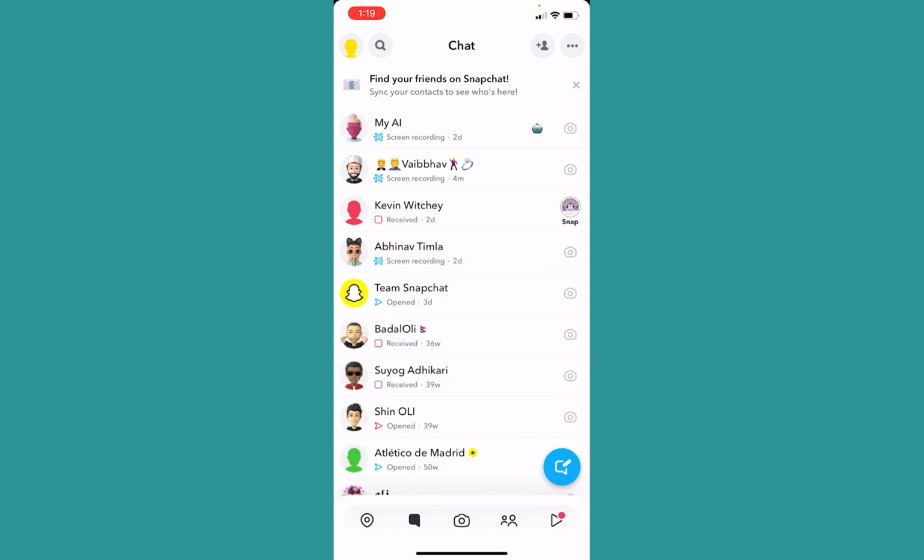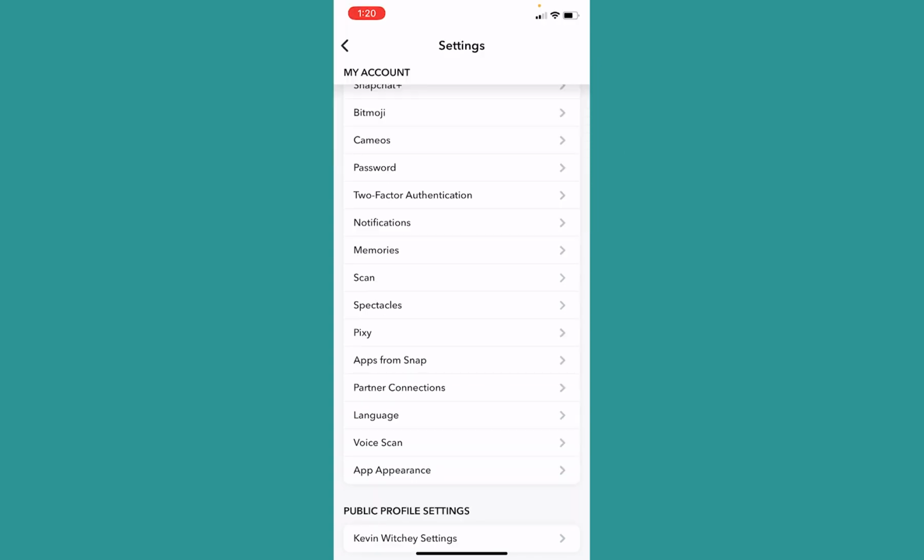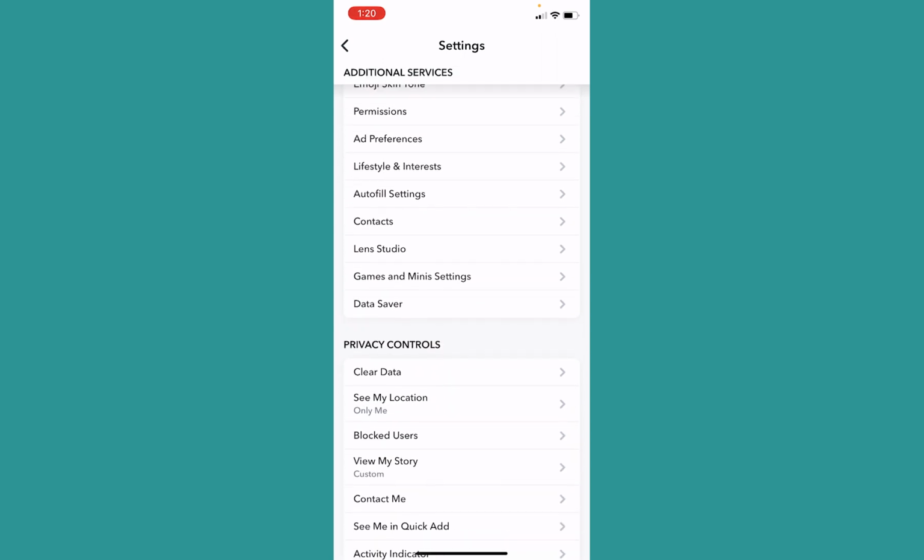First step, after opening Snapchat, you want to click on your profile picture at the top left corner of your screen. Now once you click on your profile picture, it's going to take you to the Snapchat profile section. Now once you're inside your Snapchat profile, you want to click on the settings icon at the top right of your screen. Now once you click on the settings icon at the top right, it's going to bring you to your Snapchat settings. Now once you're inside Snapchat settings, you want to scroll all the way down until you see